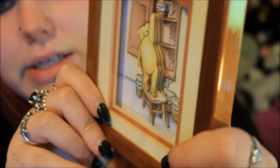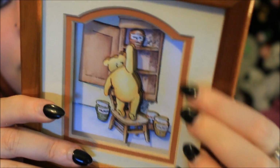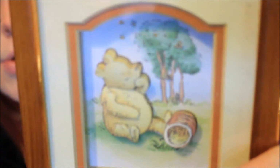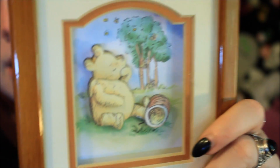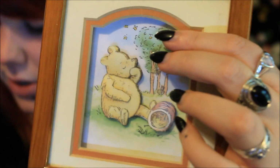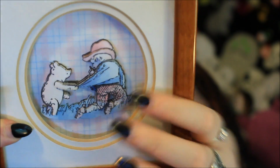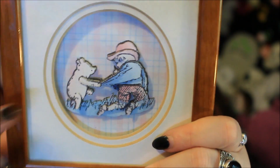They're sort of 3D since they have been layered up, and this one is Winnie the Pooh reaching for some honey in a cupboard. The next one, he's obviously got hold of the honey and he's sat outside eating his honey, and in the background there is a tree with various different bees. And then the last one appears to be Christopher Robin and Winnie the Pooh, and they're sort of playing around in the grass